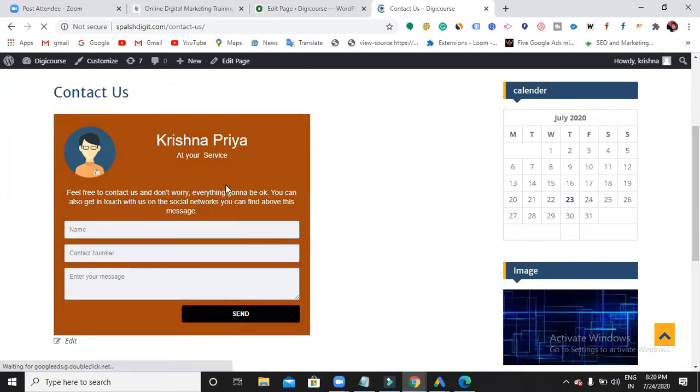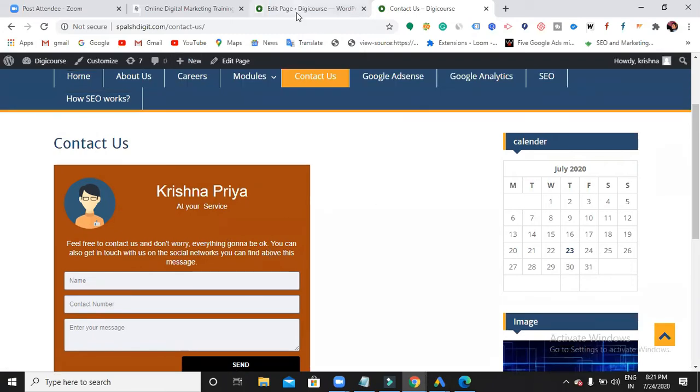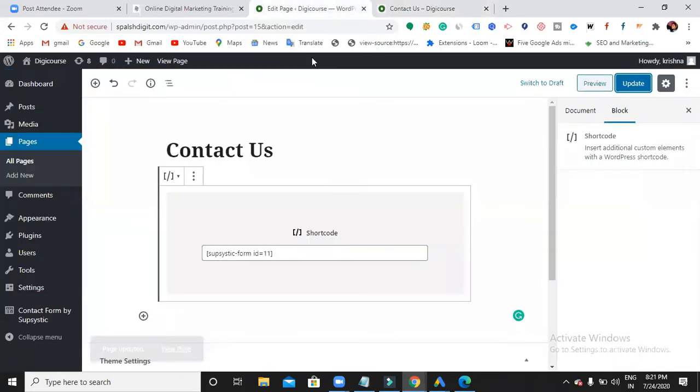So in such a way, wherever you want, you can just use this shortcode to make this contact form appear. So in such a way, you also try working on this plugin. Now I used one plugin, right? So go and search for contact form. You'll find a number of plugins, and by using all those things, create one contact form. So in such a way, you have to use this plugin.